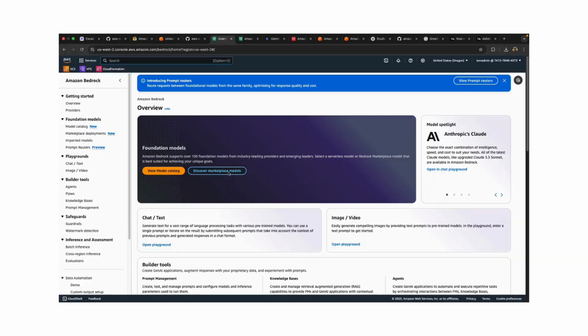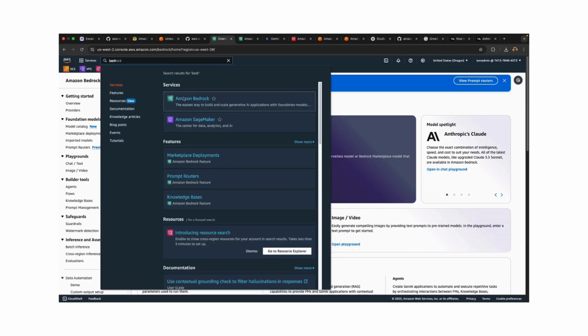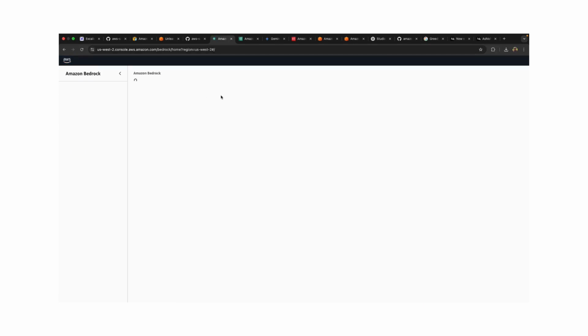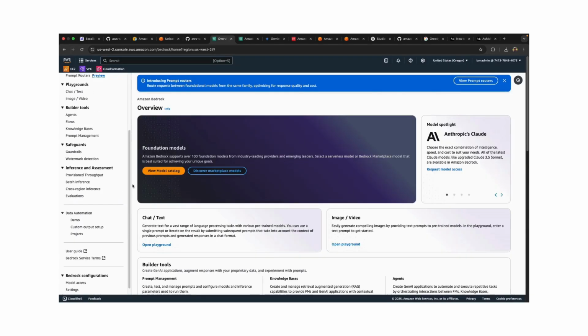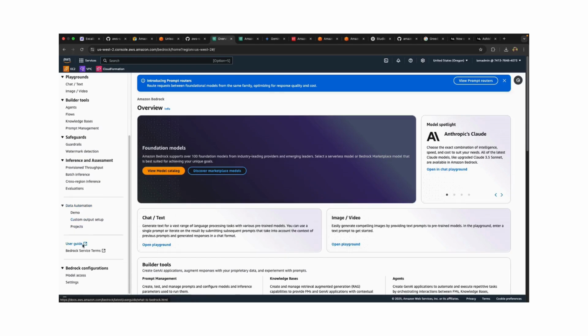Alright, these are the steps that you need to follow to set up your self-paced lab. First thing is you go to Bedrock, and on the left side all the way at the bottom you see model access.